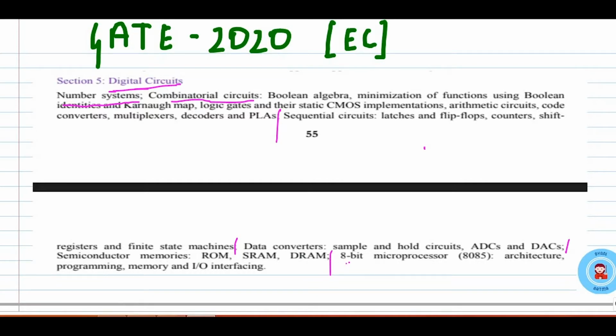This chapter of digital electronics is actually a subject in BTech. You study microprocessor very exhaustively in BTech. It's a 3 credit paper for EC people, and we learn a lot of stuff in microprocessor. This is what you see in 2020. Let's revise once more: number system and combinational circuit is the first chapter, then sequential circuit the second chapter, then data converter the third chapter, semiconductor memories the fourth chapter, and microprocessor the fifth chapter.